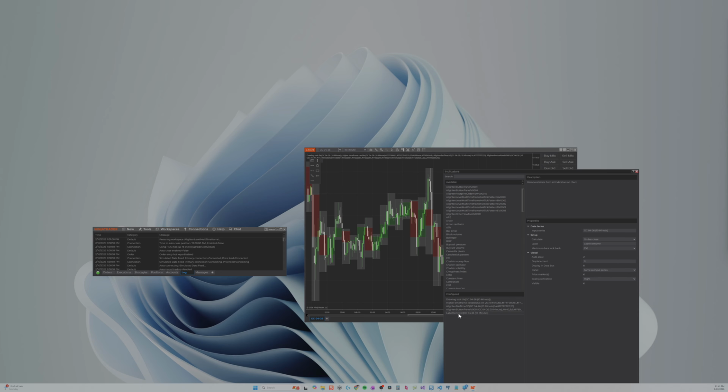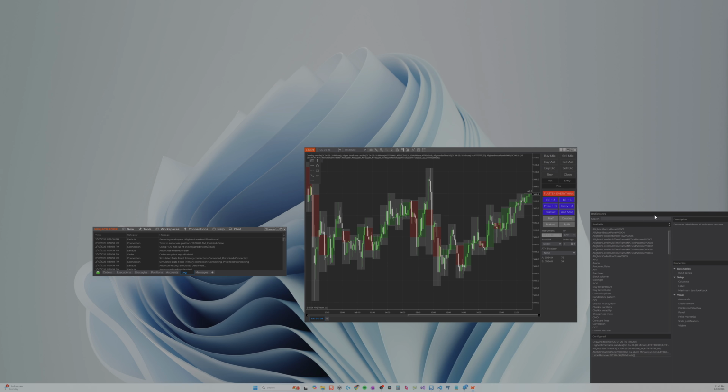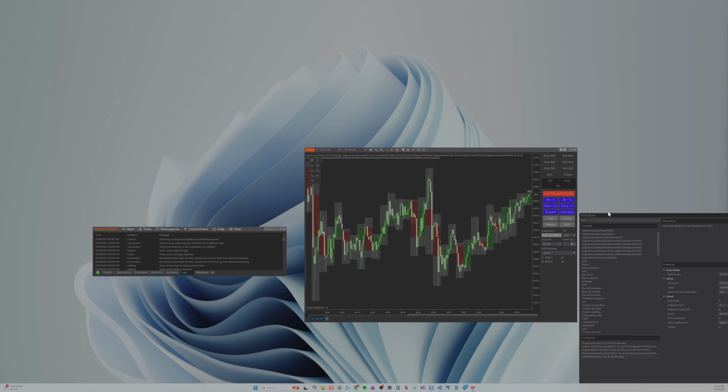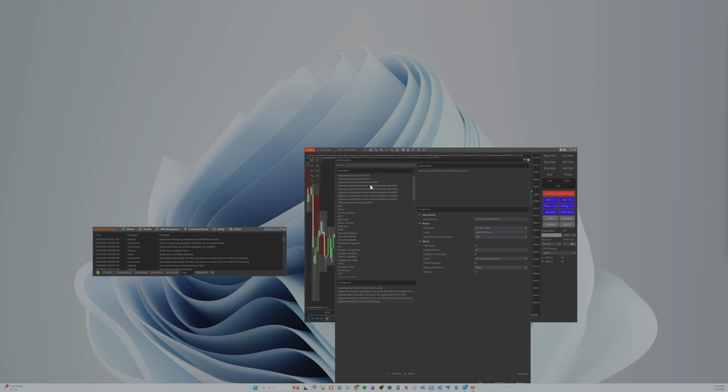Let's see. So we've got the label remover. Everything's looking good there. I probably missed something, but I'm not sure what. We've got our button panel here. Let's add our, I'll go over the footprint a little bit later perhaps, but let's add each of our